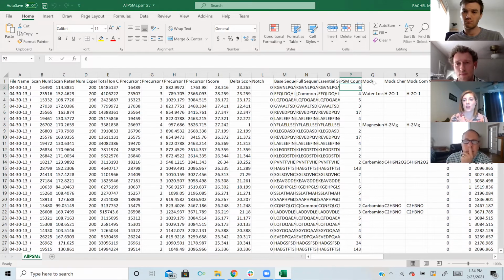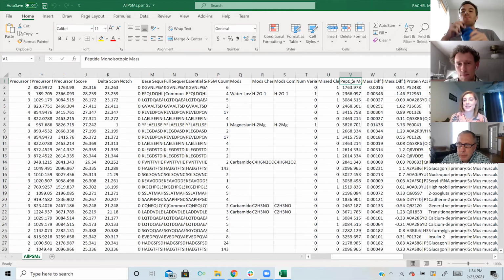Then we have some columns to show modification. It's the chemical formula for that mod. If there's more than one modification on the peptide, what's the overall chemical formula combined for those? Then we keep a total of the number of variable modifications for that peptide, the number of miscleavages for that peptide. We give you the monoisotopic mass, its mass difference between theoretical and experimental in Daltons and ppm, protein accession,